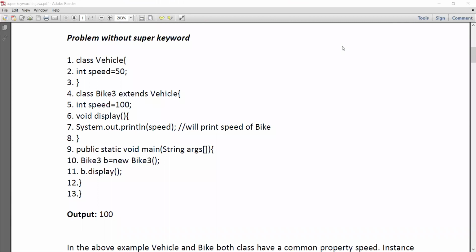Here we create a class Vehicle. Within that, an instance variable speed has been defined and initialized with the value 50. Now from that Vehicle class, we extend a child class Bike3 in which the same instance variable has been redefined and its value is 100. So this speed variable is its own property of Bike3 and another speed version is coming from the parent class